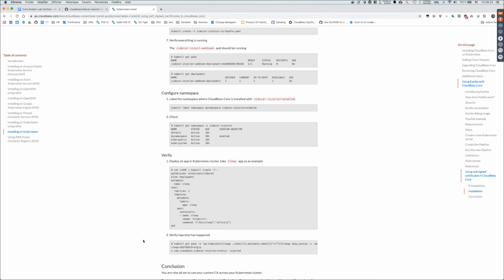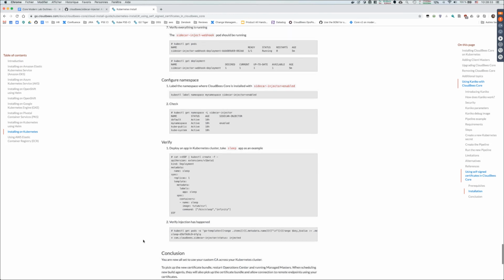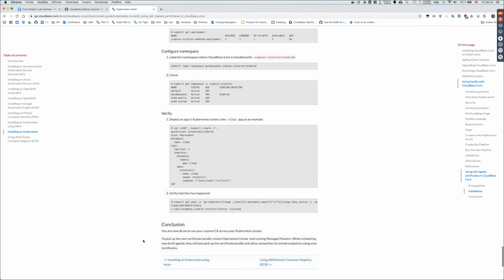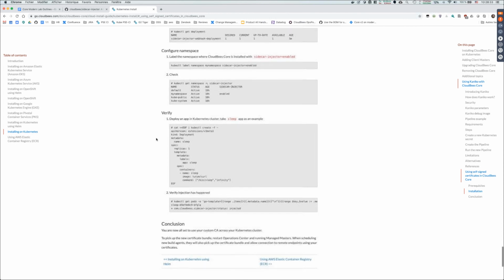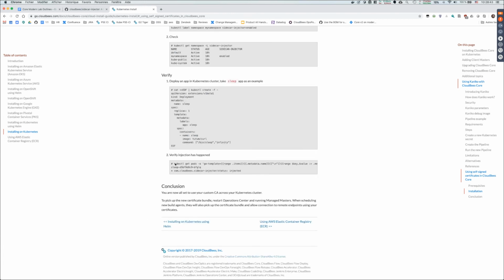Here we're just making sure that everything works. This is a sleep deployment that just sleeps for an infinite amount of time, and once it is deployed, we can get the pod definition and check whether the injector has added its label, which means it has done its work. We can also inspect the concrete definition and see that there is a new volume and a new volume mount associated with it.